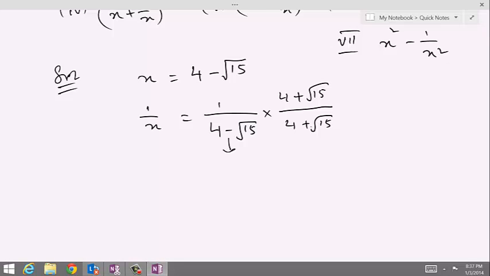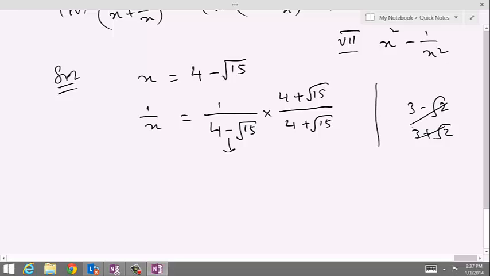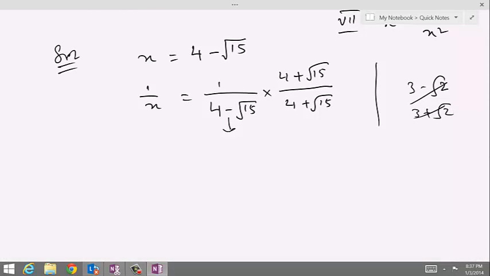In fact, we are multiplying the conjugate binomial surd of 4 minus under root 15. So what is the conjugate binomial surd of 3 minus under root 2? The conjugate would be 3 plus under root 2. So we simply are multiplying and dividing with the conjugate binomial surd for using the technique of rationalization. So here, let's call this as 1 because we're going to recall this again. So 1 over x would be equal to